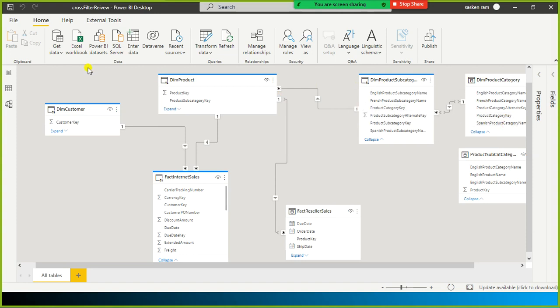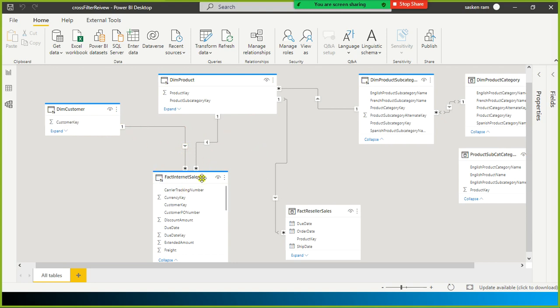So these two dimension tables are not directly filtering the fact table. Rather, the product table is the one filtering the fact table, and here also the product table is filtering the reseller sales. If you look at the arrow here, the filtering direction goes from your dimension table to your fact table.